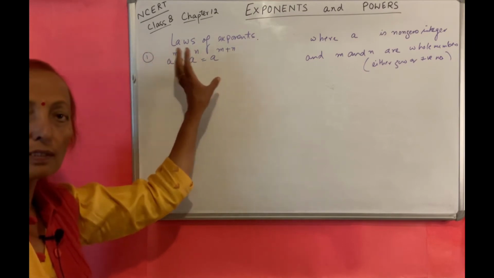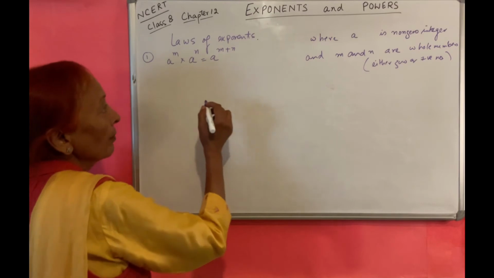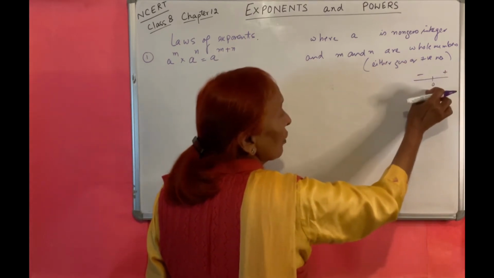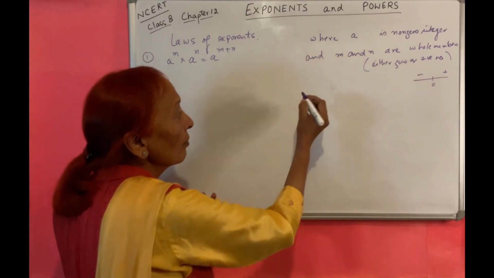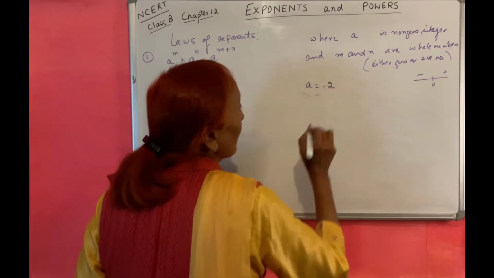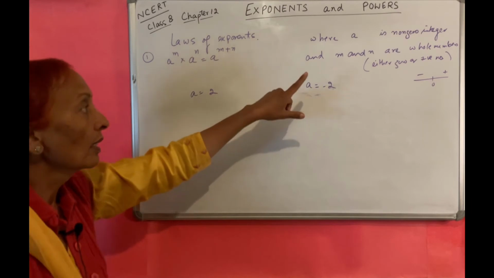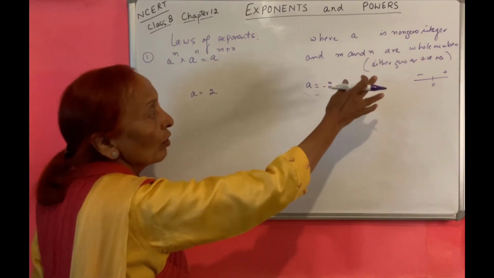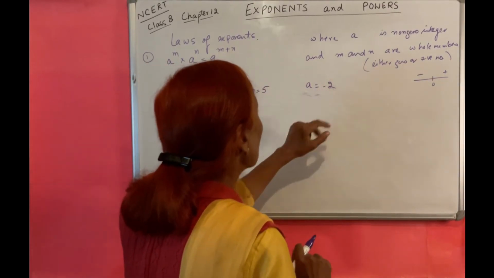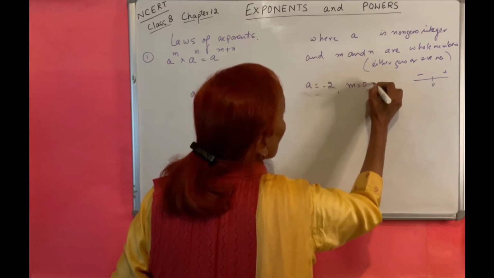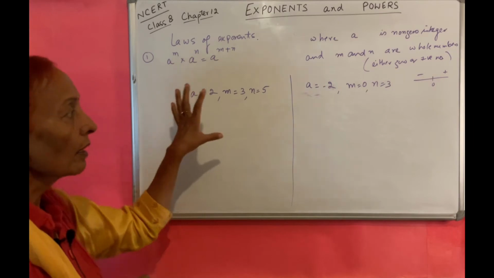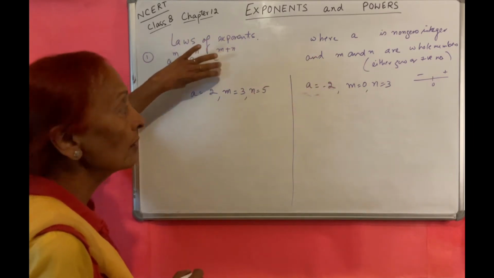मैं इनके आपको साथ साथ प्रूफ्स बताती हूँ कि कैसे ये हमें मिला। सो इसमें a is a non-zero integer. इंटीजर कौन कौन से होते हैं? मीन्स 0, पॉजिटिव नंबर्स एंड नेगेटिव नंबर। 0 तो लेना नहीं है। सो one number I take positive, one number I will take negative। तो हम ऐसे प्रूफ करेंगे। So all the integers are covered here। Next is m and n are whole numbers, either 0 और positive। तो इसमें एक बार मैं पॉजिटिव ले लेती हूँ 3 एंड n ले लेते हैं हम 5 एंड इसमें हम ले लेते हैं m इक्वल टू 0 एंड n इक्वल टू 3। So all 0 and positive numbers are covered here।